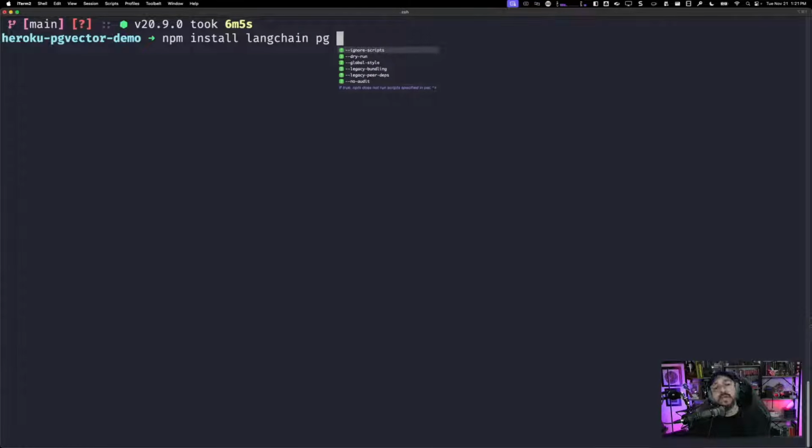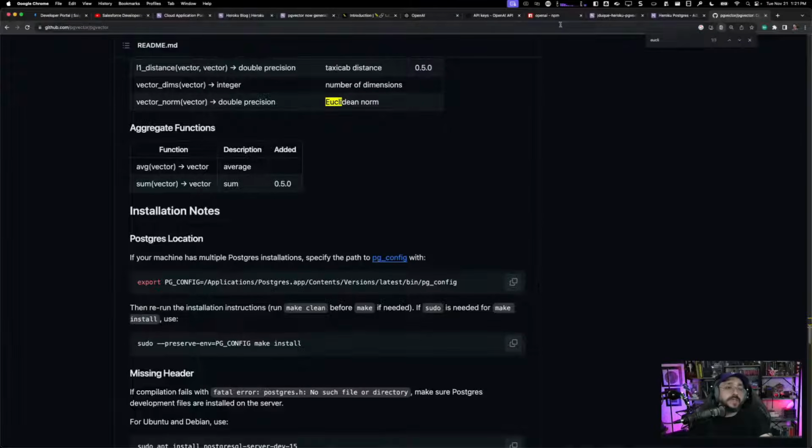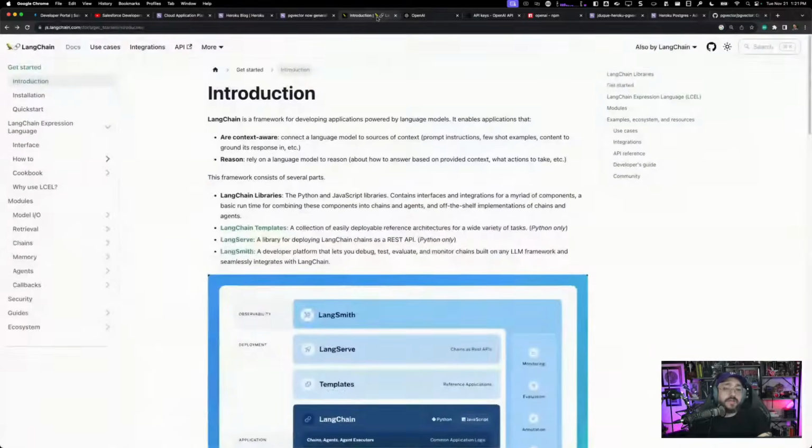We will need to get pgvector, I think it's called pgvector node, the driver. But for this example, we don't need it. So we need LangChain, PG, and let's go to the LangChain documentation because I need two more